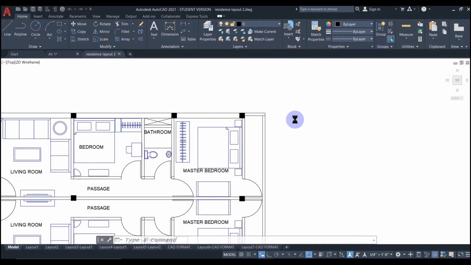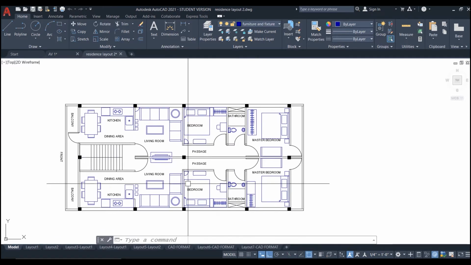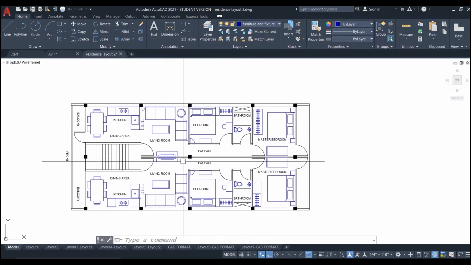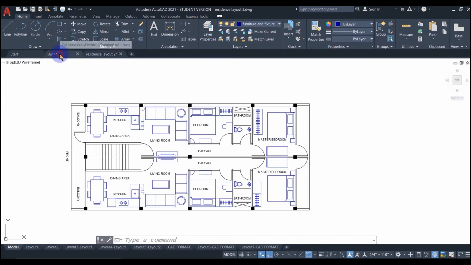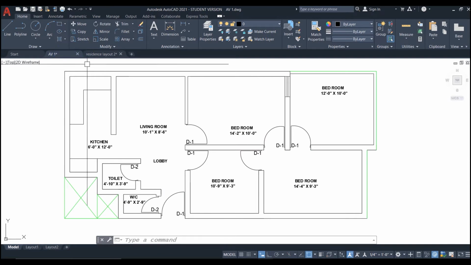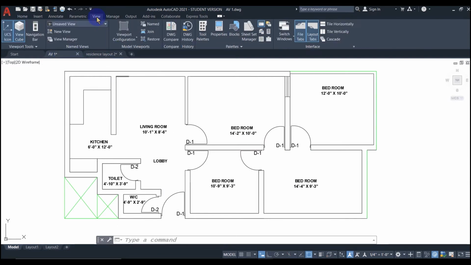Now at this point, I have two drawings open in my AutoCAD interface, and you may be wondering where to locate the other file. There are a couple of ways to do that. Let me show you where you can go to view the other drawing. We can simply click the tab with the drawing name and that will open up the drawing. Another way is to click the View tab on the ribbon and then come down to the Windows panel right here.